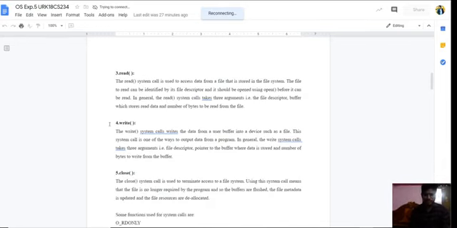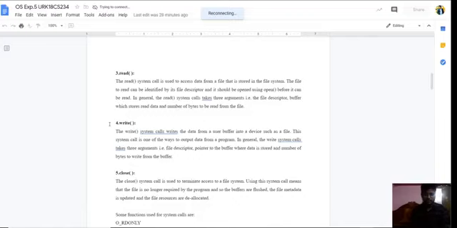Write means the write system call writes data from the buffer, which is the data stored in the buffer, into the device, like a file. This system call is one of the ways to output data from a program. It will display the output data from the program.